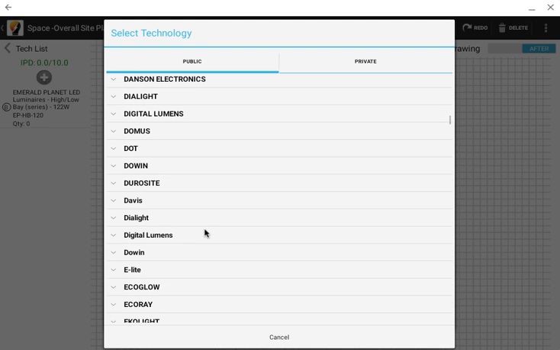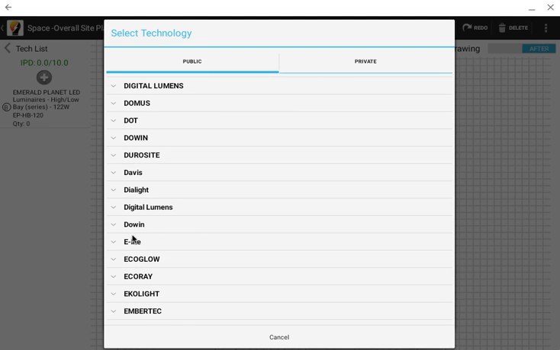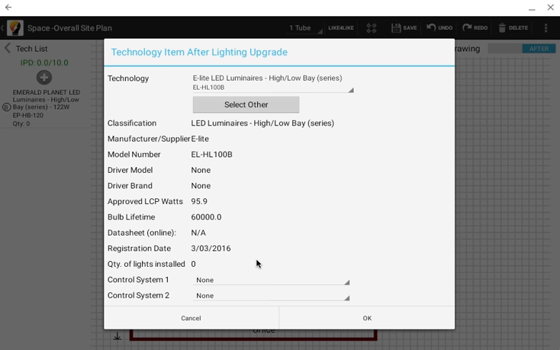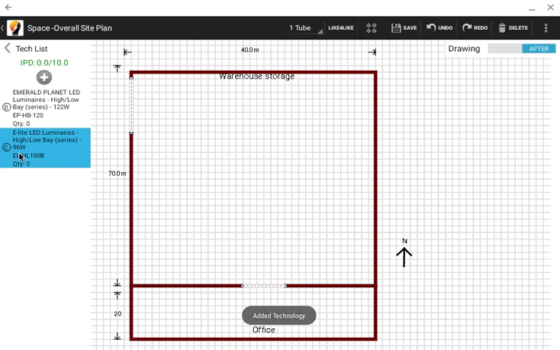For example, if I wanted to select E-light, type of high bay, I can make it a favorite here and also select it, and it enters all the details for me, and then I can click OK and it appears on the side. And if you want to start adding technology, it's as simple as clicking where they are on the floor plan,